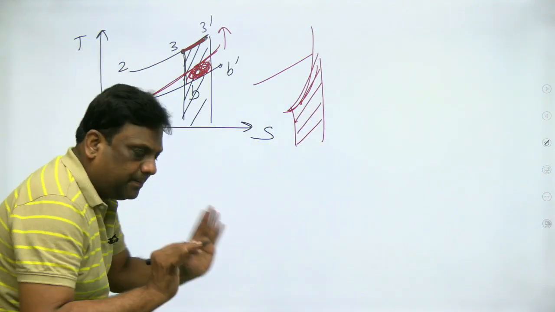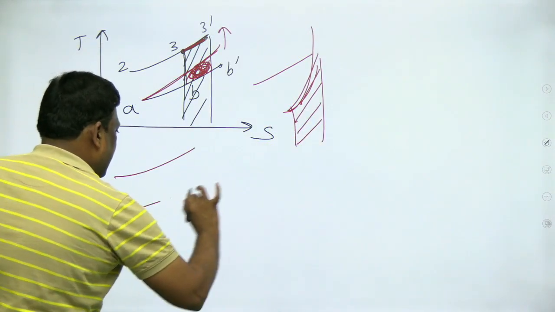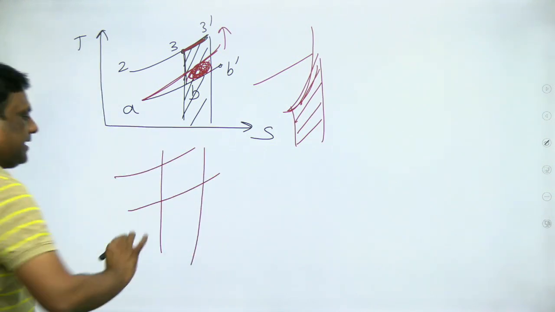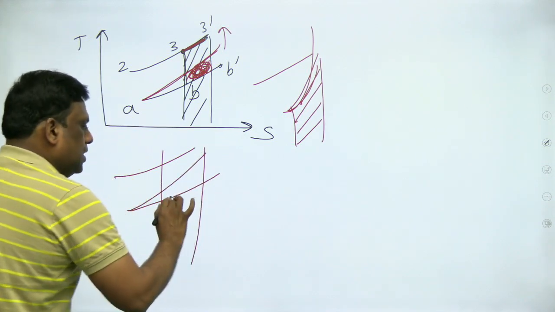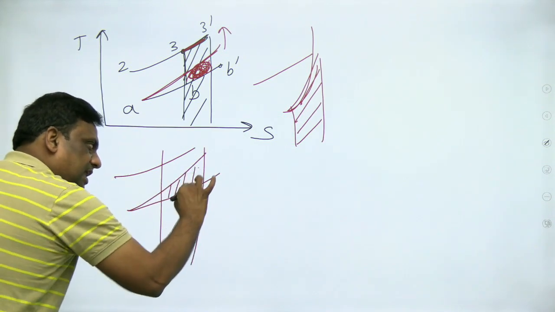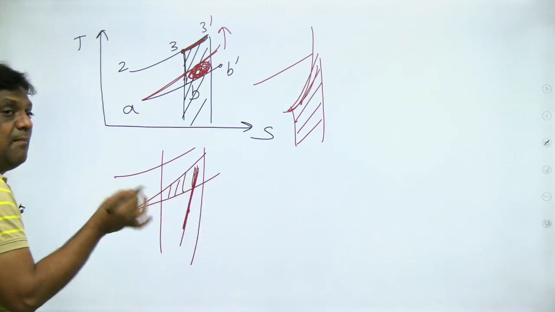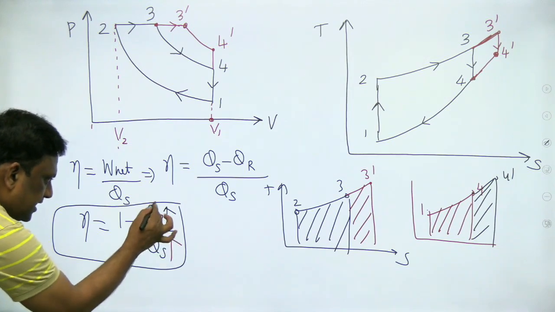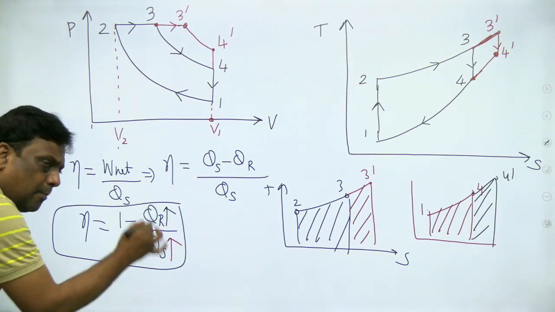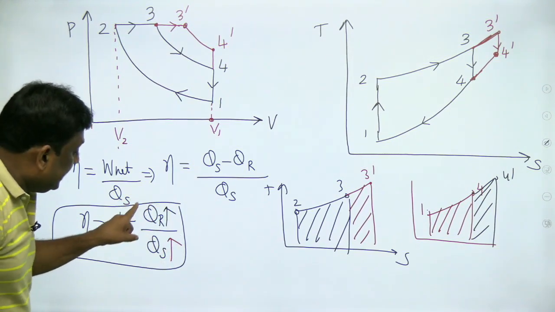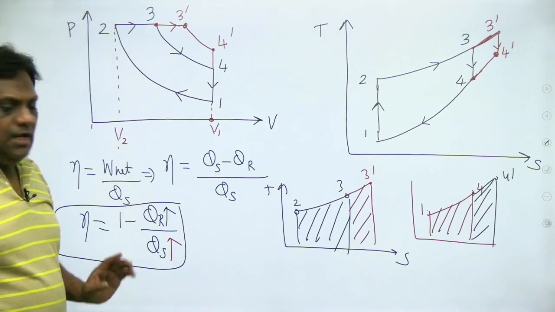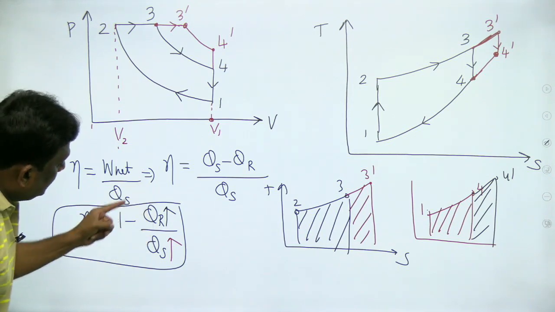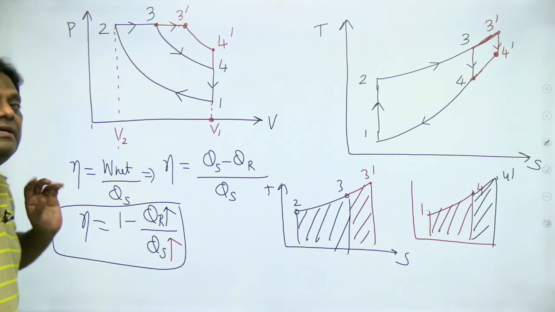I repeat, my dear students, if both are like this, I would say the increase will be the same, but actually constant volume is like this. So this is additional. Rejection is becoming more compared to supply. Both are increasing, but the increase of this is very fast. As this is increasing fast, this value will be more. When this is more, the negative will be more. So therefore, efficiency will decrease.